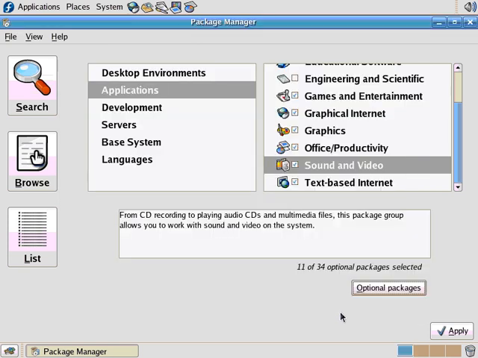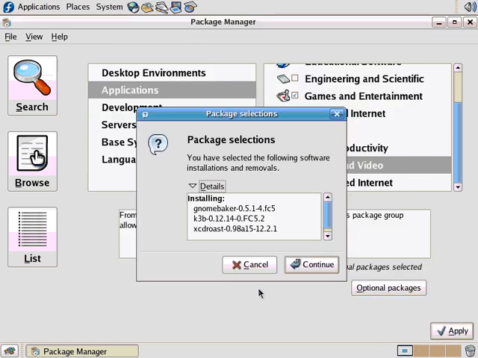So if I say close and apply, it says you have selected the following software for installation. So here's the packages right here. See this GNOME Baker-0.5.1-4. So this is the version, this is the build, the -4, and it runs on Fedora Core 5. It doesn't tell you the architecture and things like that. But that's the package name. So if I click continue,